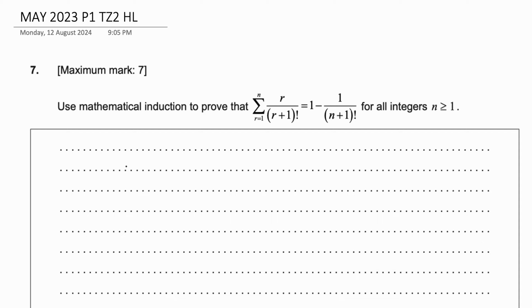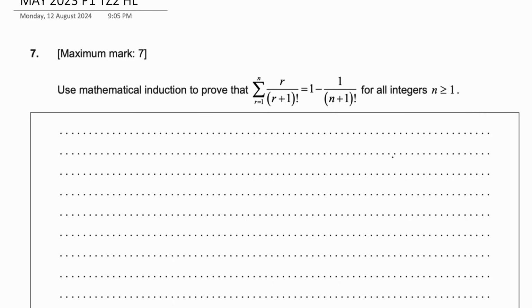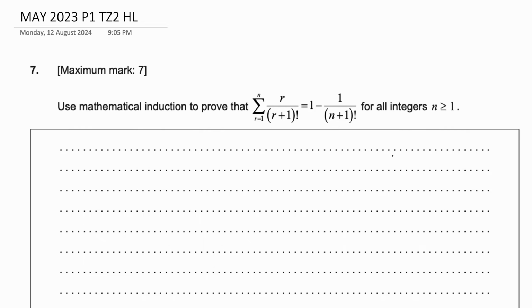Today we're going to be solving a problem from the May 2023 IB Mathematics AAHL examinations. This is a paper 1 question of 7 marks. Let's get started. Use mathematical induction to prove that the summation of r over (r plus 1) factorial, starting from 1 to n, is equal to 1 minus 1 over (n plus 1) factorial, for all integers greater than or equal to 1. Okay, so to start off a mathematical induction problem, we always want to prove the base scenario